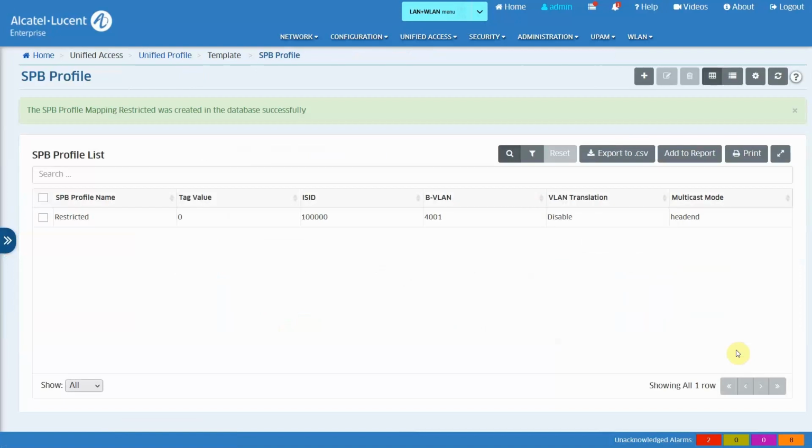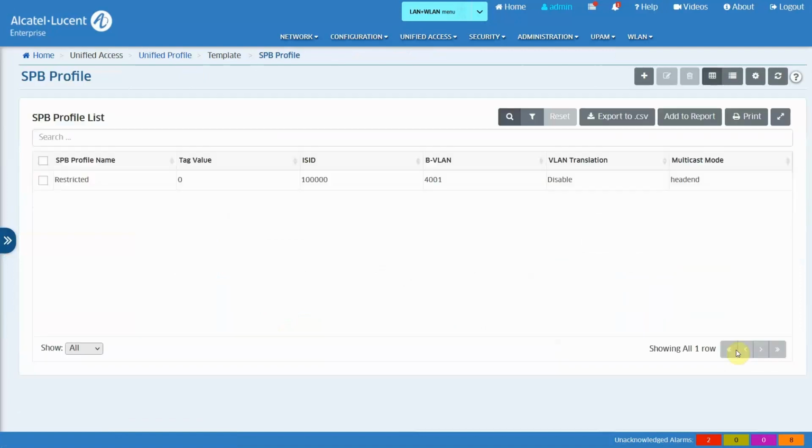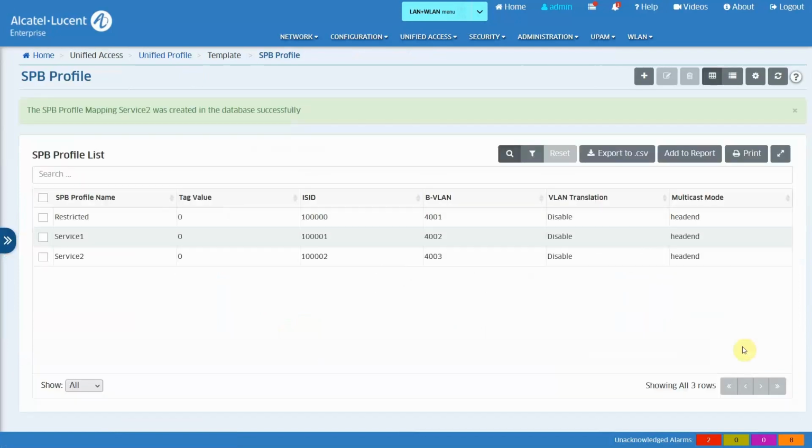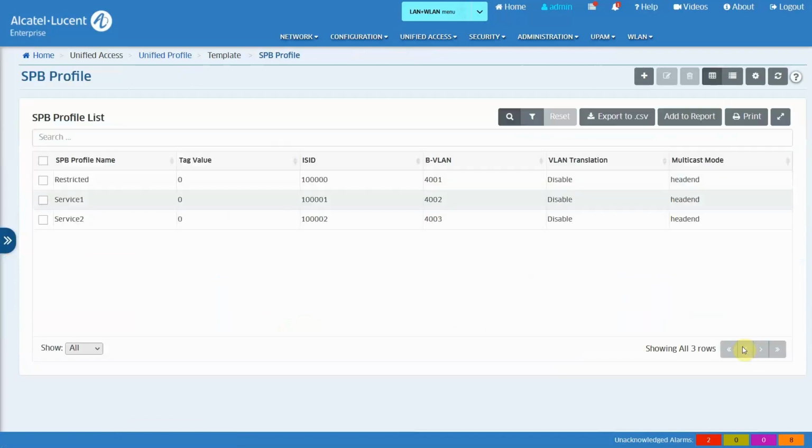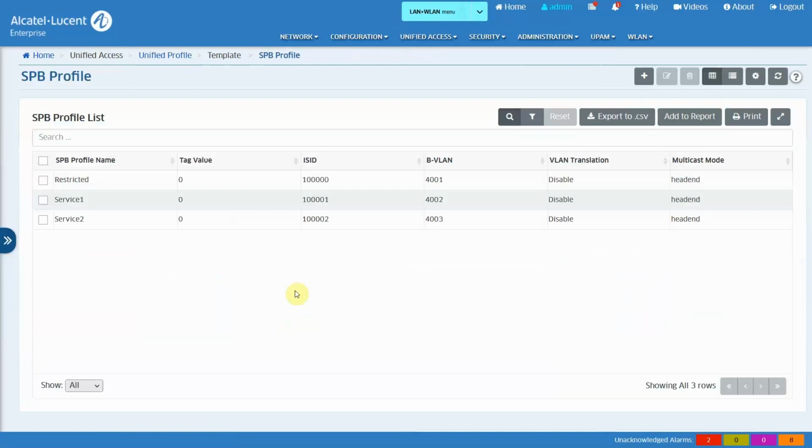I'm going to repeat this task for services 1 and 2, changing the ISID number and the backbone VLAN. So that's done. I have the 3 SPB services. The next step now is creating the 3 access role profiles that will map to these services. For that, I go back to templates,